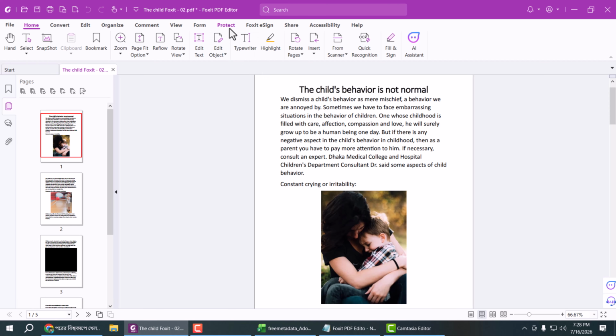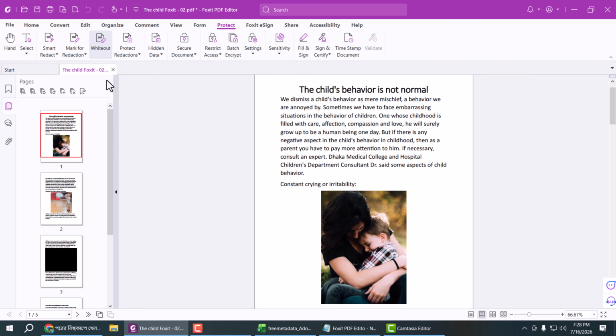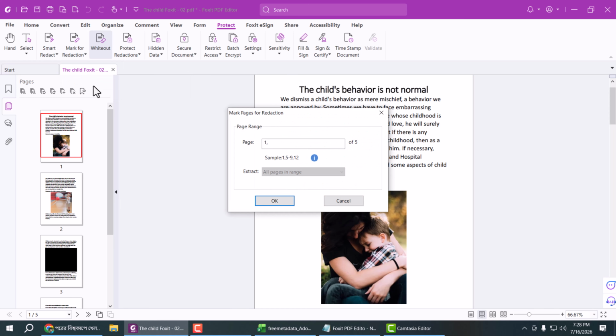Now select this Protect option in the menu bar of Foxit PDF Editor, and click this Mark for Redaction option. Select the Page Redaction option, and select your page number type here. The first page is automatically selected, or you can select the second page. Now select OK